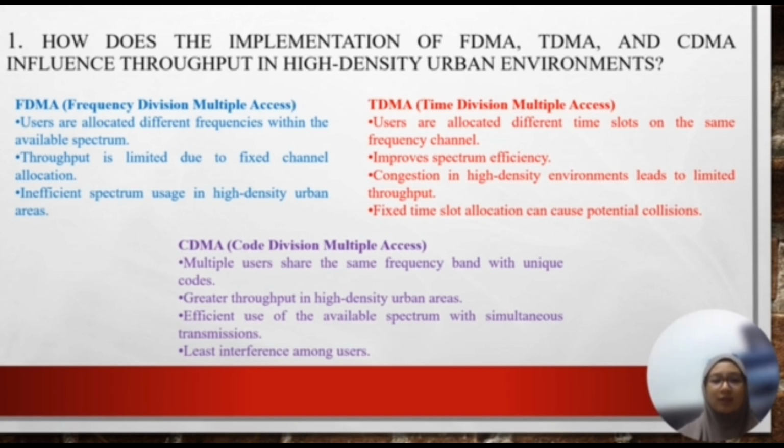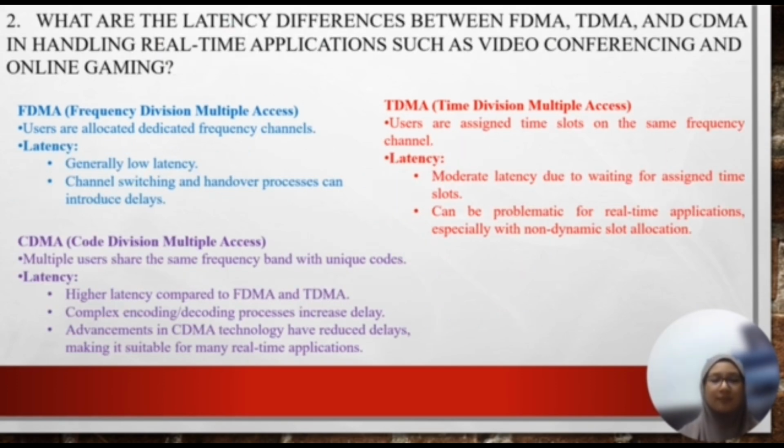And for the CDMA, which is code division multiple access, multiple users share the same frequency band with unique codes. Greater throughput in high-density urban areas, efficient use of the available spectrum with simultaneous transmission, and least interference among users. For the second question: what are the latency differences between FDMA, TDMA, and CDMA in handling real-time